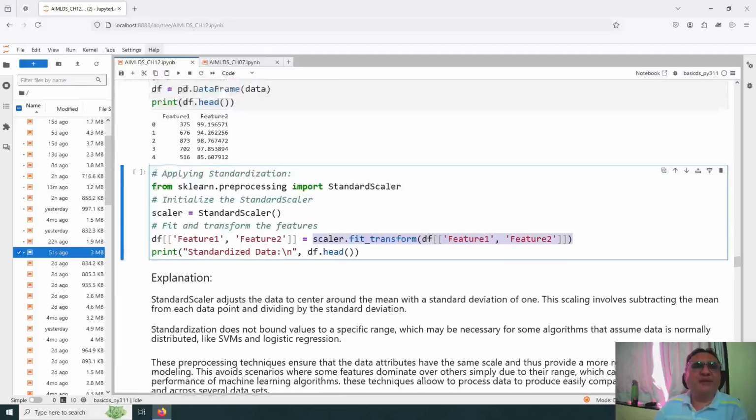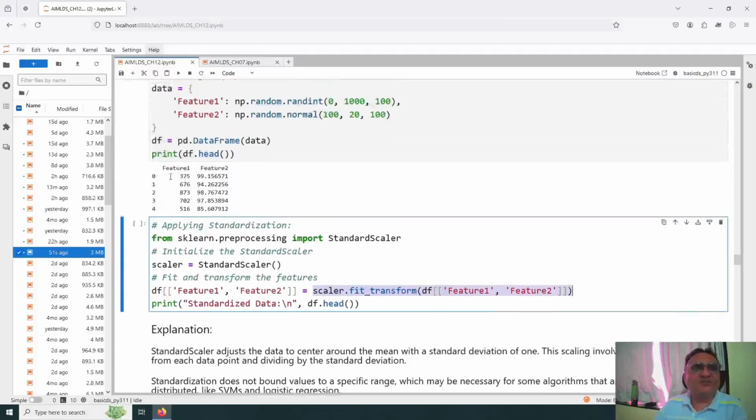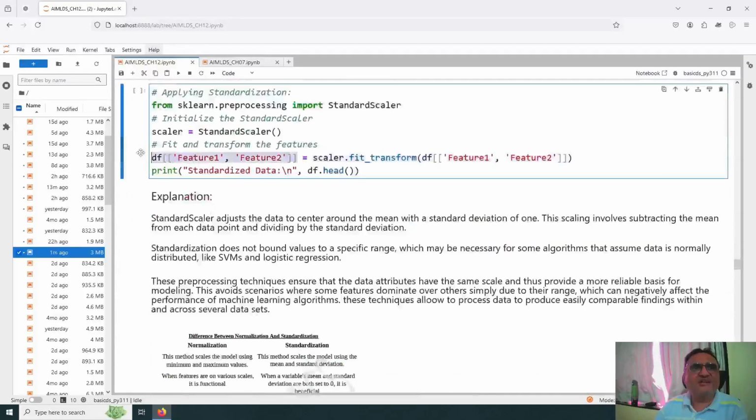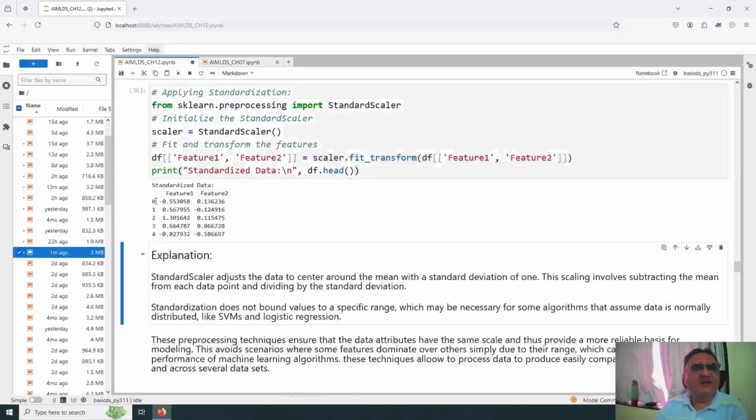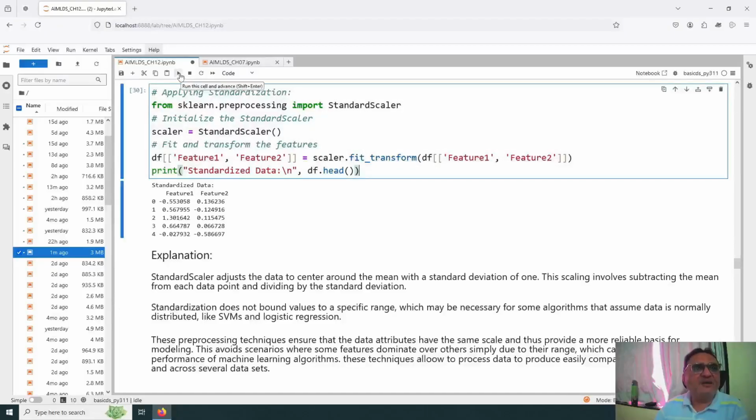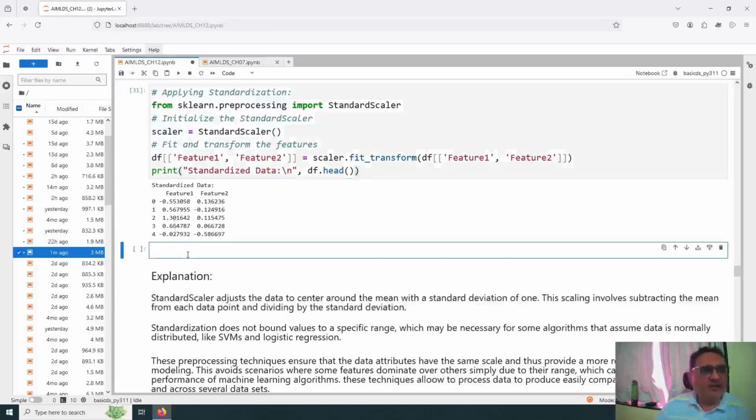So I want to permanently assign it to these two columns, feature 1 and feature 2. So now you can look at this: df[feature 1 and feature 2] is equal to the scaled value of df[feature 1 and feature 2], right? And now I again can look at it. You can see this is okay, because only head is shown, top 5 observations, but if I write df.describe, then you will get the perfect idea that